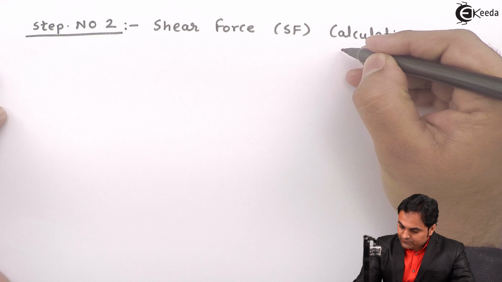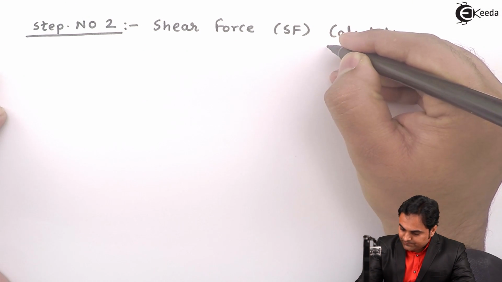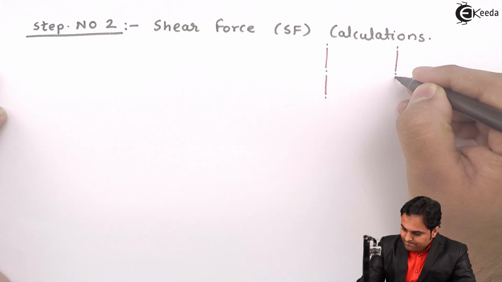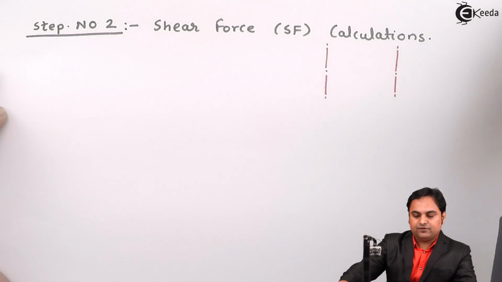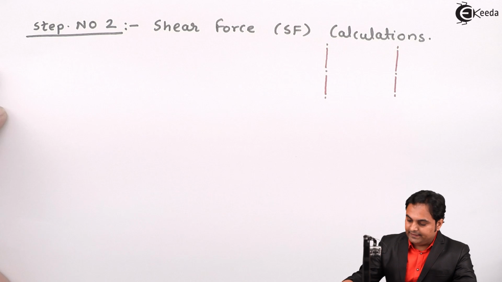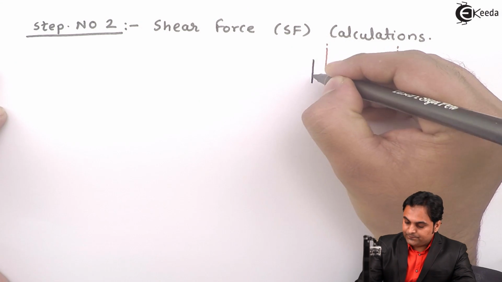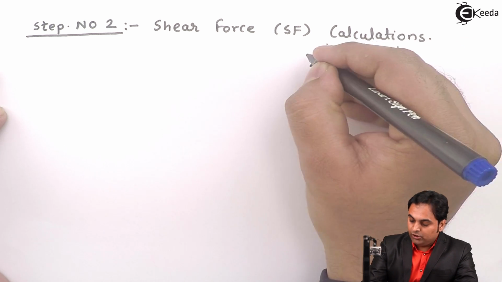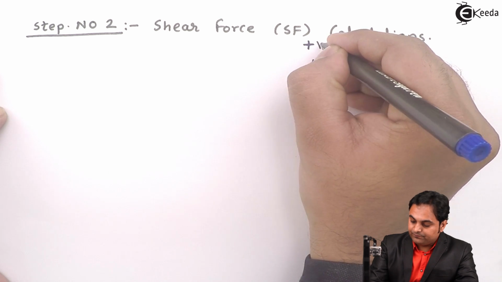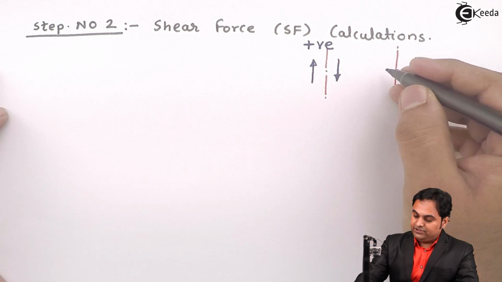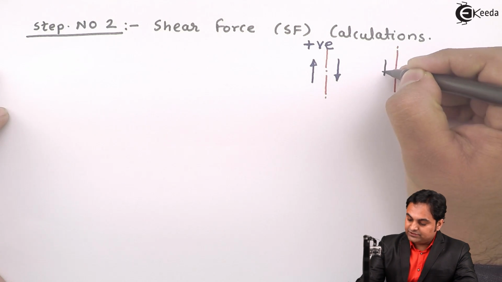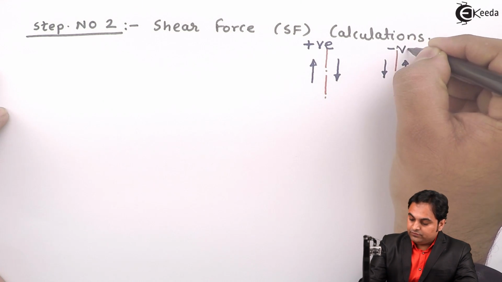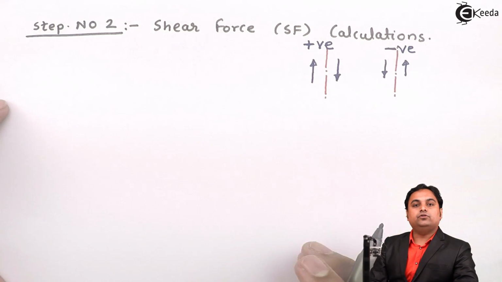need the sign convention, so I am writing the sign convention here. Now, any shear force value to the left of the section acting in upward direction and force acting to the right and in downward direction, both of them will be treated positive. Then any shear force value acting to the left and downward direction, acting on the right and upward direction, will be treated as negative. So with the help of this sign convention, we are going to find the shear force